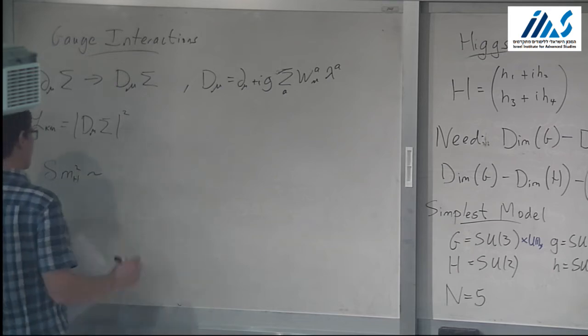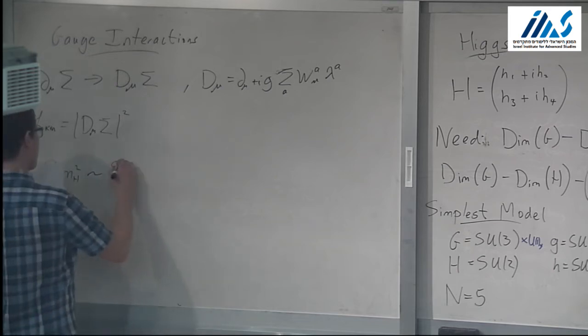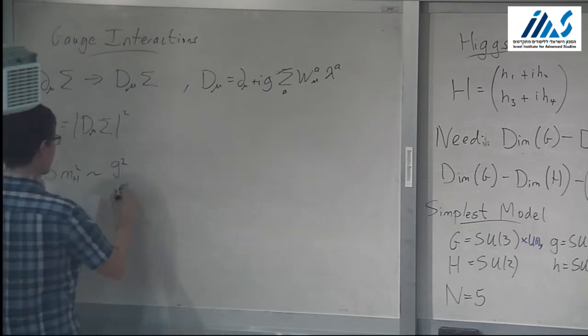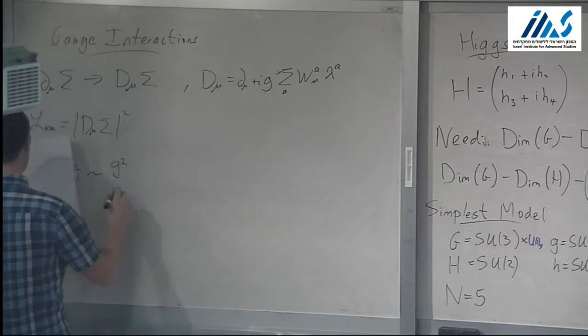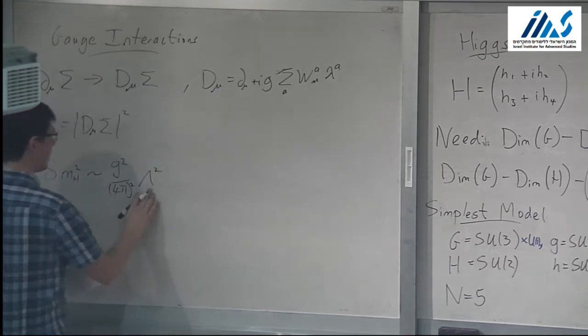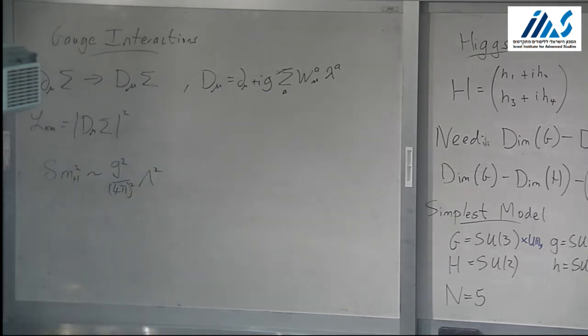So we should expect that there should be corrections to the Higgs mass that go like g squared, where g in this case is, there's also g primes, but let's just work with the g at the minute. g squared over 4 pi squared times whatever the mass scale of whatever is living at the cutoff, just like we had for the pions. So what this means is that there's going to have to be something turning up around the corner, and if you want these corrections to be not much larger than the Higgs mass, this would probably happen around a TeV or something. Now what happened for the pions, what turned up was the rho meson, a vector,